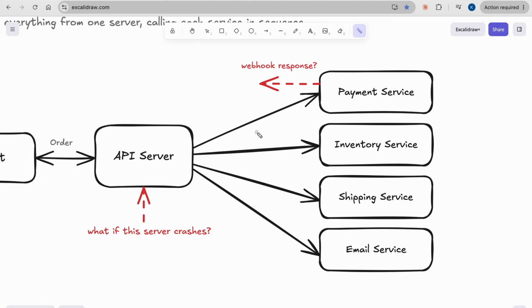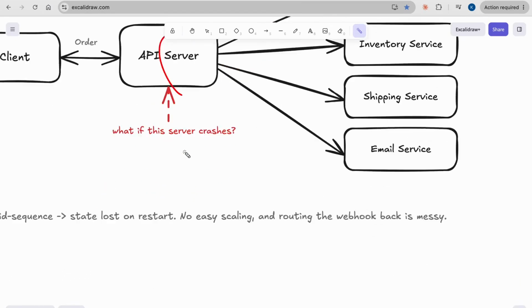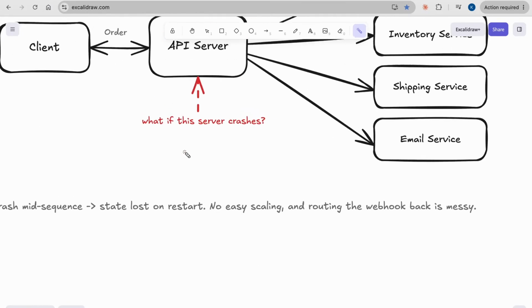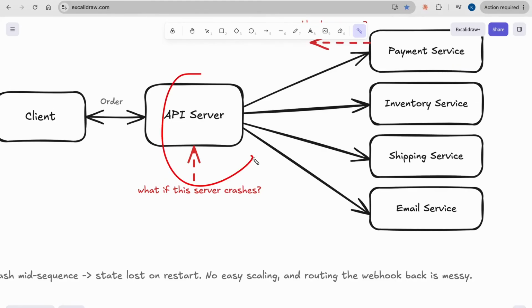But here, if we have scaled out the server, how does it know which server to send it to? That callback can land on a completely different host than the one that started the order, and that host has no idea which in-flight order the callback belongs to.